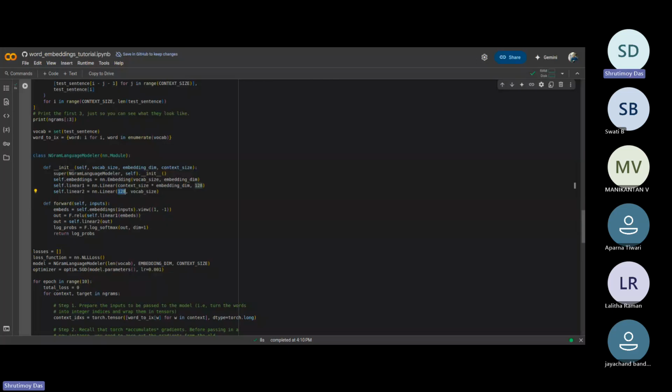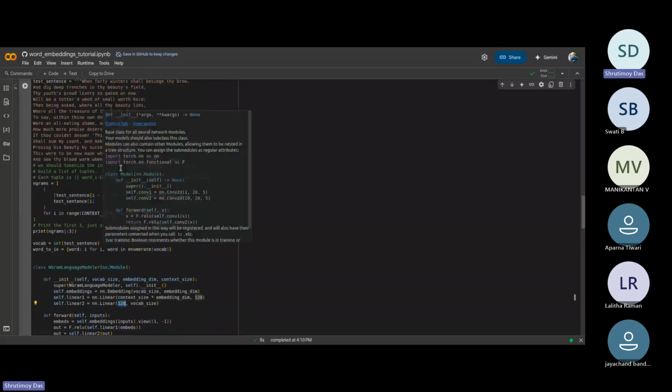Any questions, or moving forward? What is context size here? The context size is